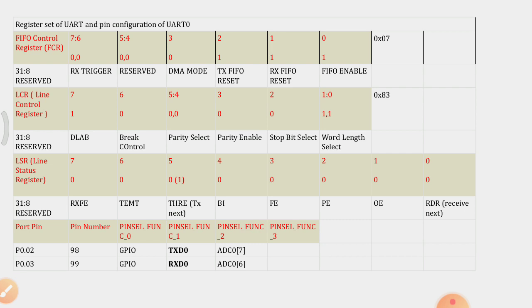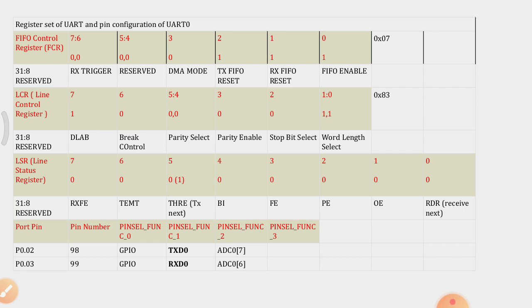Bit 2 is used to reset the transmit FIFO, first in first out reset. Bit 3 is used for DMA mode, direct memory access mode.